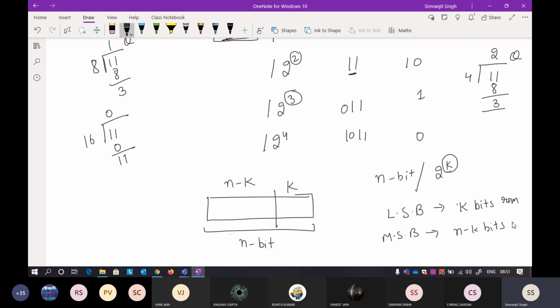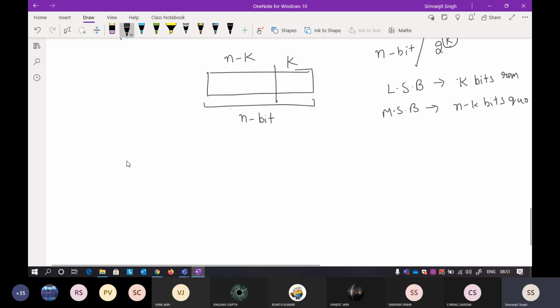So it is again based on the same thing. Now why is it important here? I'll show you. Suppose you have a block size of 2 raised to power 5. What it actually means is you have a 32-bit space. So your block size is 32 bits, and this is your 32-bit space. Now if you divide it by 2 raised to power 5.